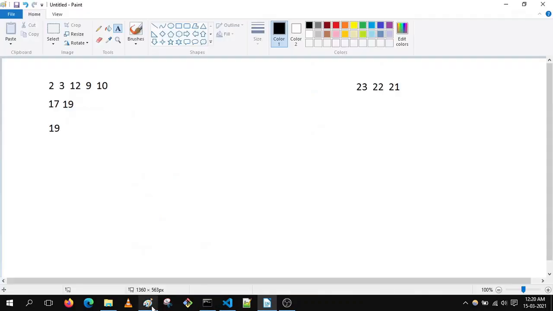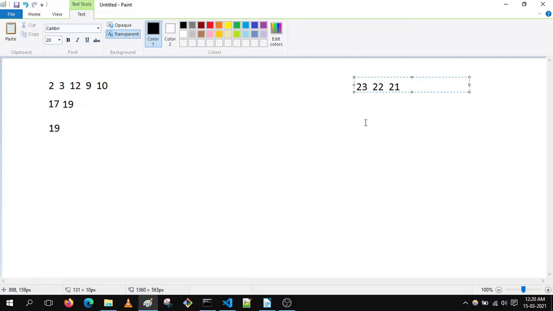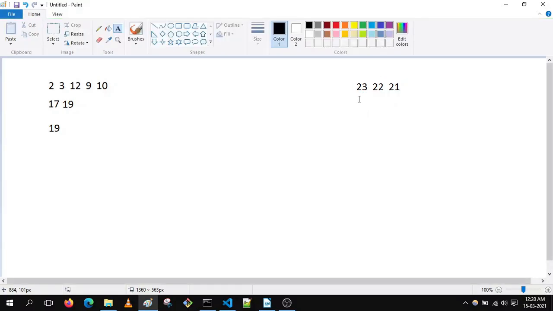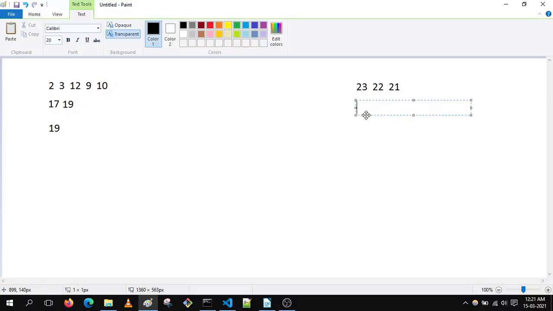The first element is 23. After 23 we have 22, which is less than the first element, so this series starts with 23 and ends at 23. The sum of the first incremental series is 23.